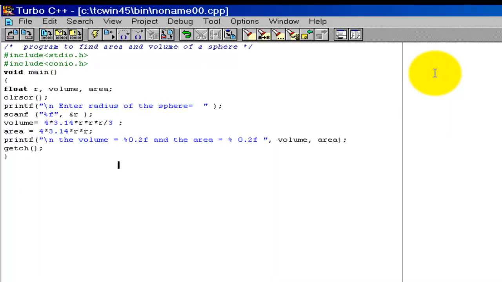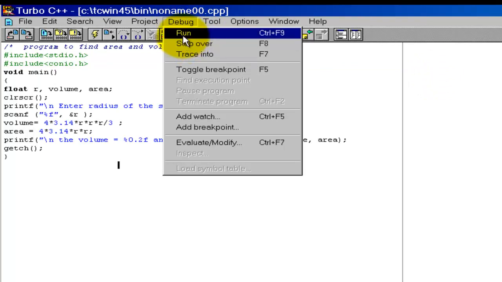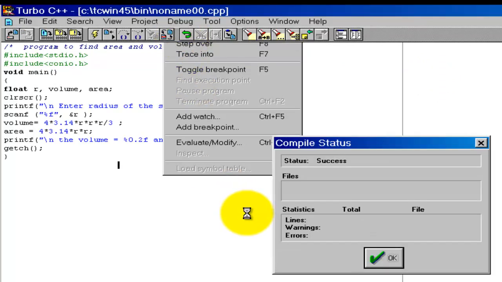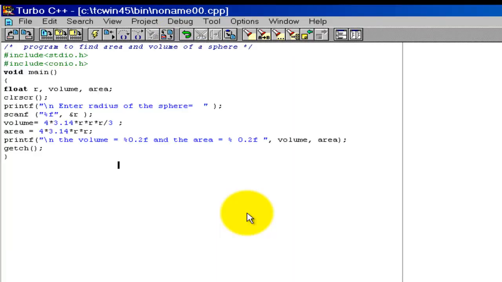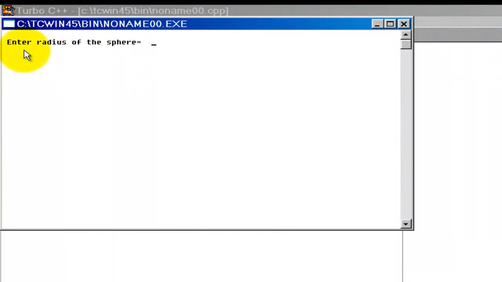Then again we run the program: debug, click on run, status 0. Enter radius of sphere. Now radius of sphere 8, then enter.